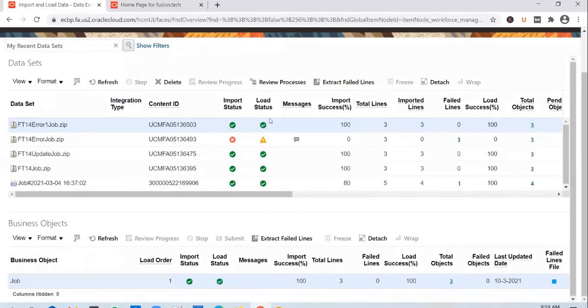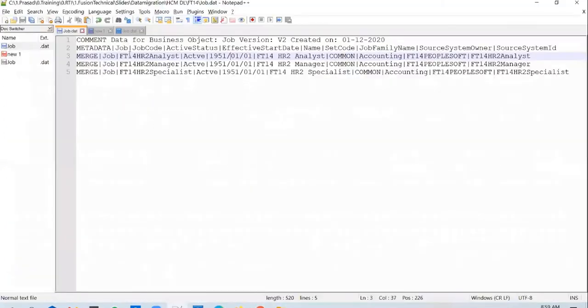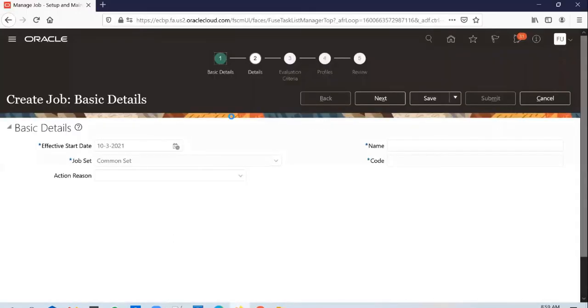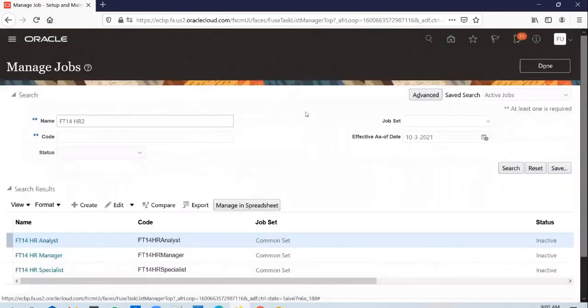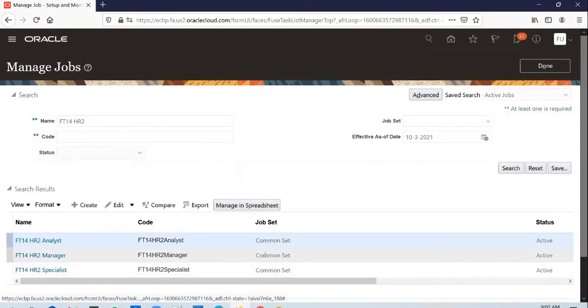And you could see that the jobs are loaded now. So if you go to the application and search with, say, FD14HR2, you should be able to see 3 jobs created again.